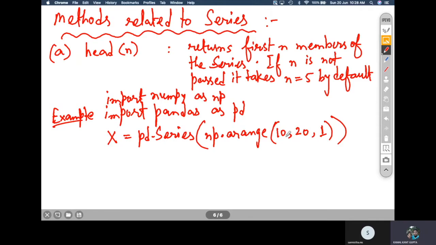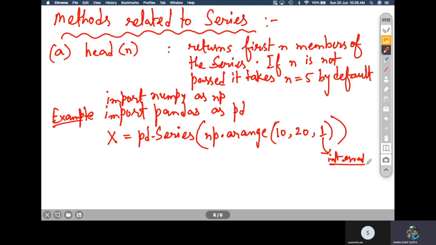It will create values between 10 and 20 minus 1, that is 19, from 10 to 19 with an interval of 1. The interval between two subsequent values of this one-dimensional array will be 1.